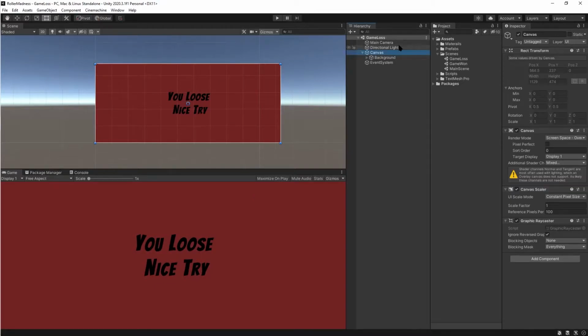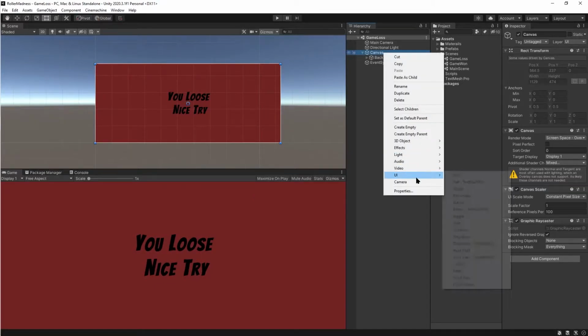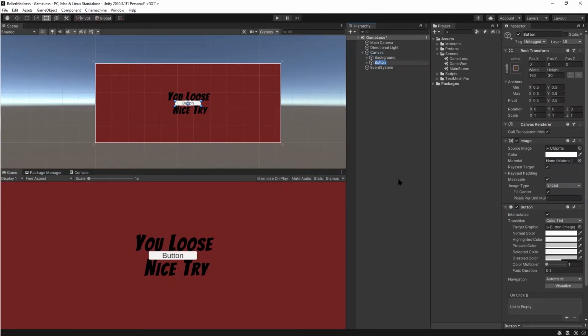Or let's use Button Text Explore. The only difference is we can do some more editing, like for the text style and font style.